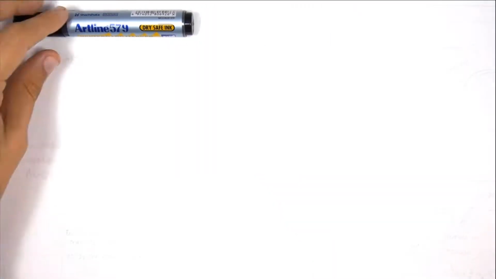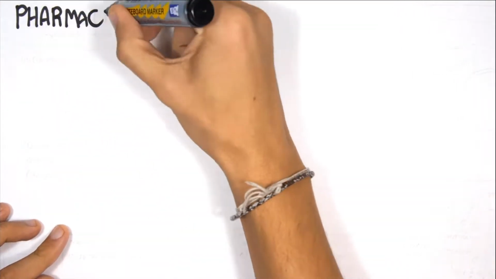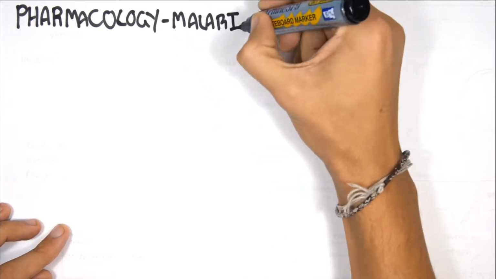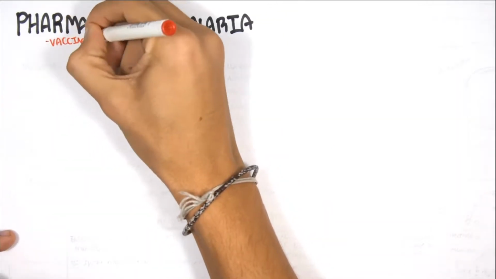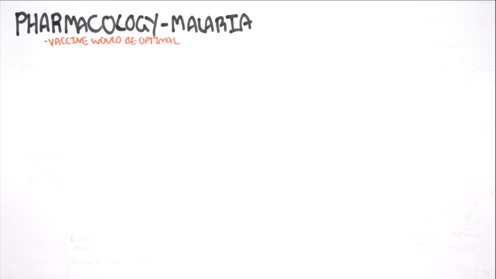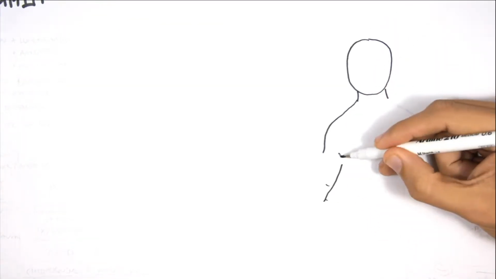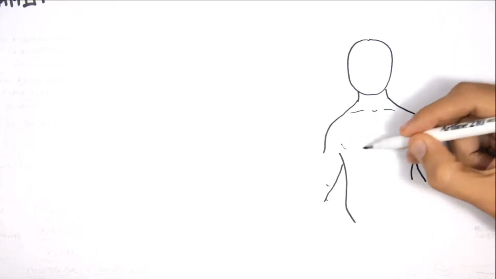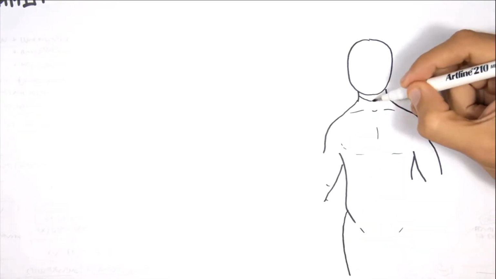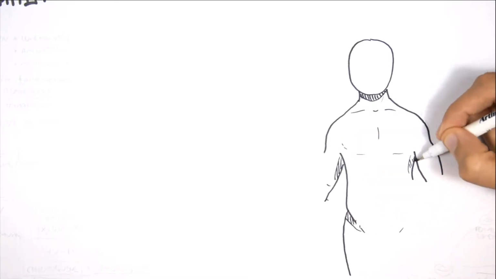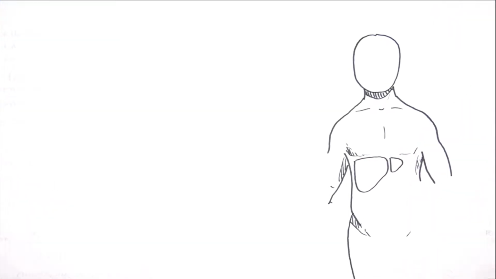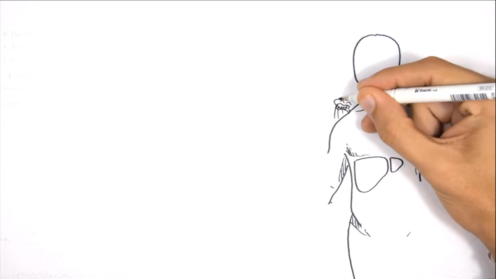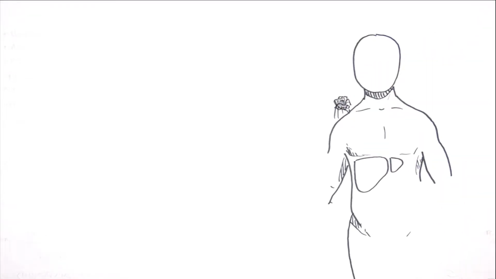In this video, we're going to look at the treatment of malaria, basically the pharmacology. Of course, a vaccine would be optimal to prevent people from getting malaria, but developing a vaccine has a lot of difficulties, cost, and I guess the different strains of the Plasmodium species, and the ever-evolving mutations in the genetic material also plays a role. So before getting into the treatment of malaria, let us again recap the life cycle,